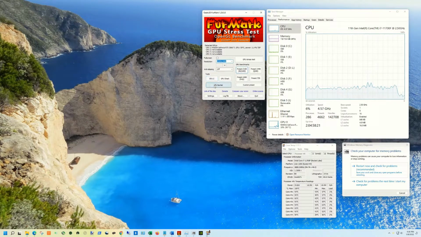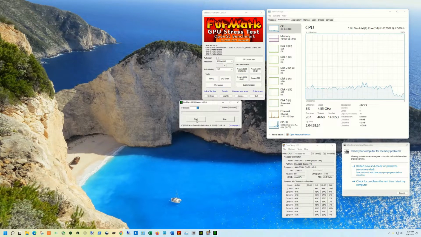And you want to make sure that your display on the FurMark is set to the highest that this can handle as far as your monitor goes. And then you run CPU Burner, and you'll see the core temperatures on the left there go up. I think mine get to like 77 degrees. That's about as far as it goes. And the CPU is at 100% right now, running at 4.4 gigahertz. Temperatures are running around 72, 74.